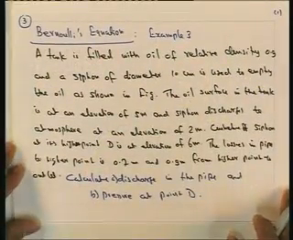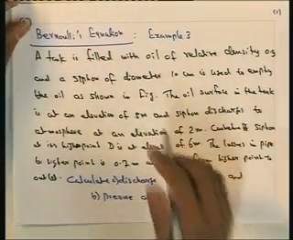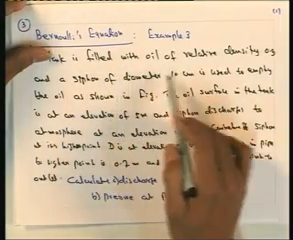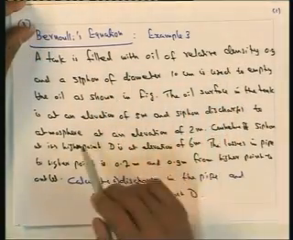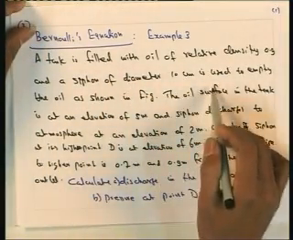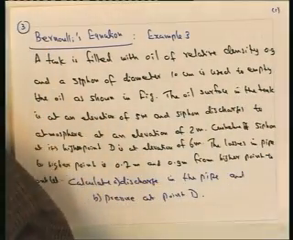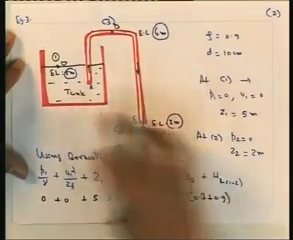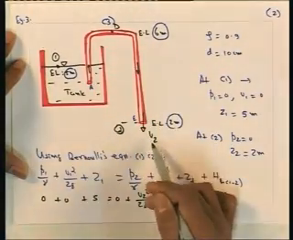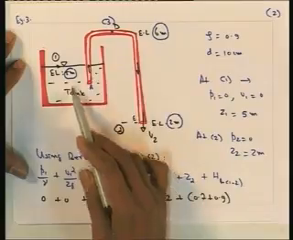Example number 3 which we discuss here: a tank is filled with oil of relative density 0.9, and a siphon of diameter 10 centimeter is used to empty the oil as shown in the figure. So, this is the figure here. We have got a tank, and a siphon is used to empty the oil from this tank